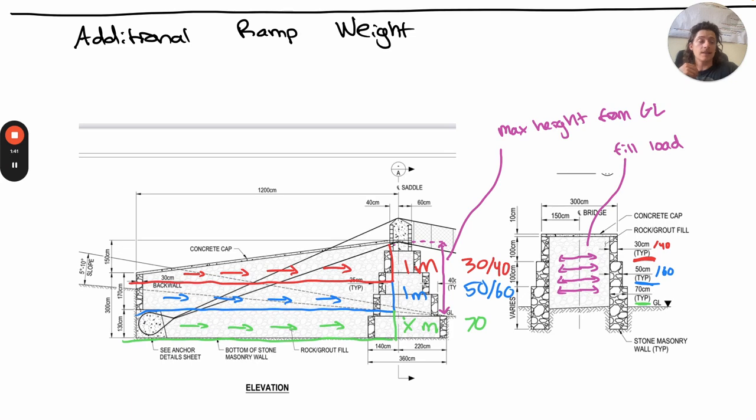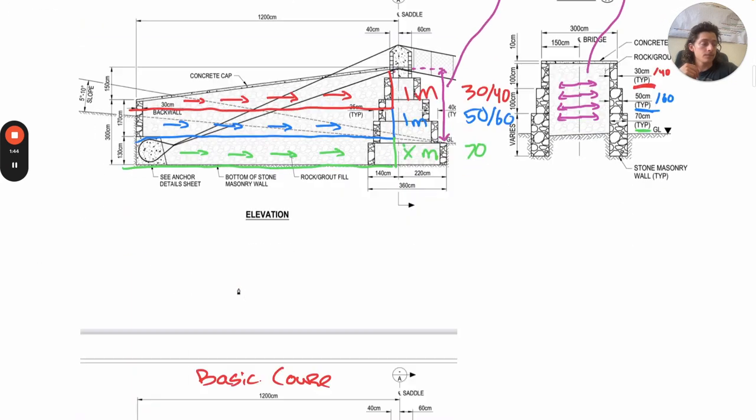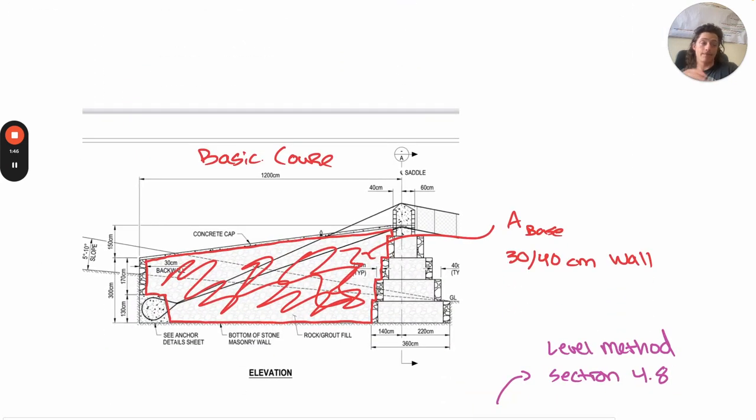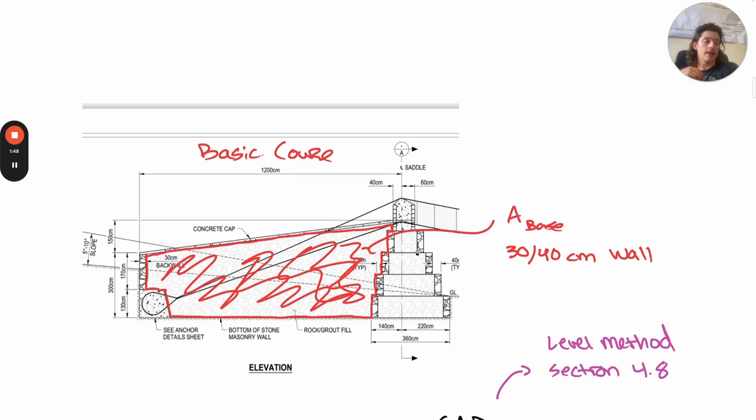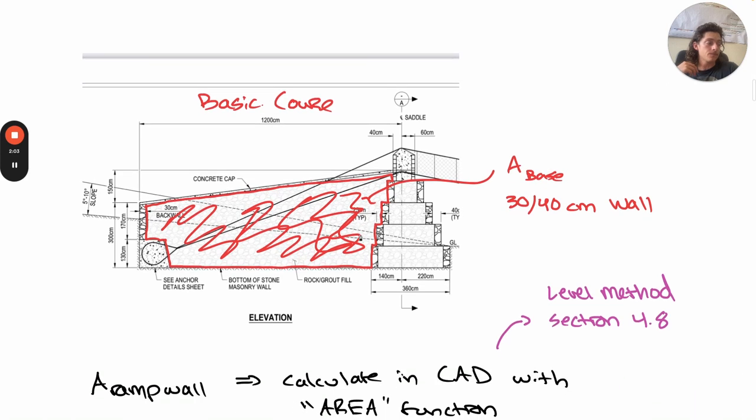So using the level method from the basic course, I've drawn an example for you here showing that this baseline area, we'll call it area of base, is either 30 or 40 centimeter wall, depending if you're in Eswatini or Bolivia, and that is wasting a lot of extra capacity in terms of weight. So